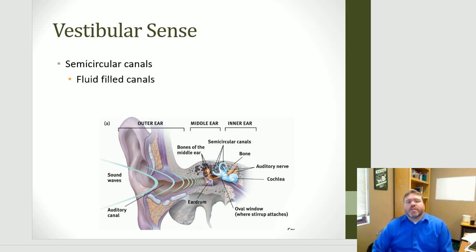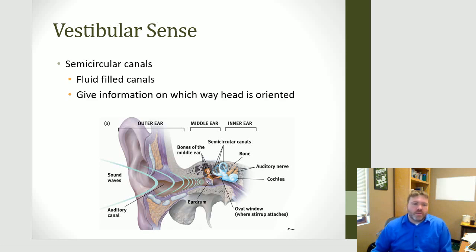Those canals are filled with fluid, and in the fluid is some crystallized substance that's just sort of in suspension. And the way the semicircular canals are oriented, the way gravity pulls down on those little crystallized things gives you information on which way your head is oriented. So you have 3 of the circular canals, so you can tell in all ways which way your head is oriented, right? So if you watch what my head's going to do here, you have one canal that tells you